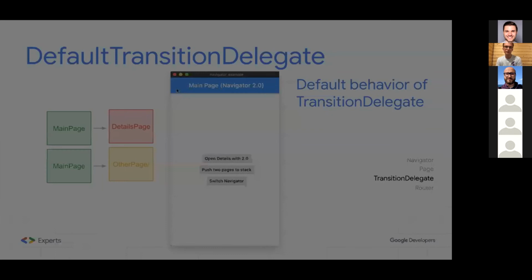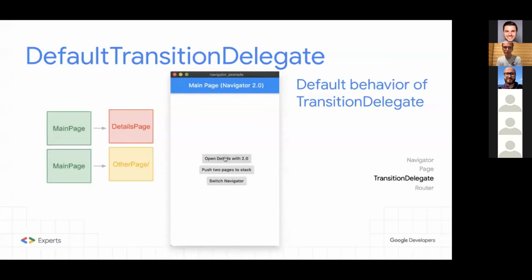And here we have an example of that. I'm opening details, then I'm replacing this with the other page. Again, I'm opening details. Here we have a red page, replace, and the other page is coming. This default transition delegate is called DefaultTransitionDelegate and has this kind of simple logic implemented. It also works for other changes.